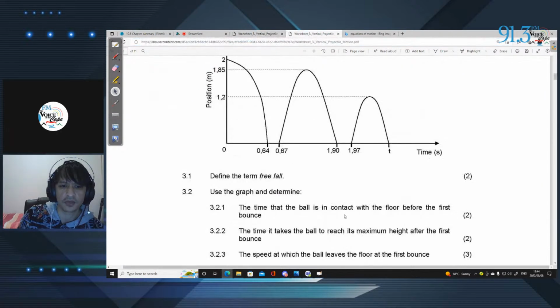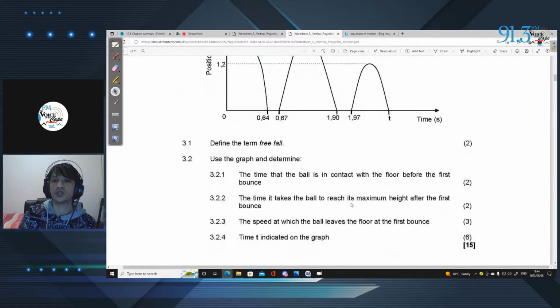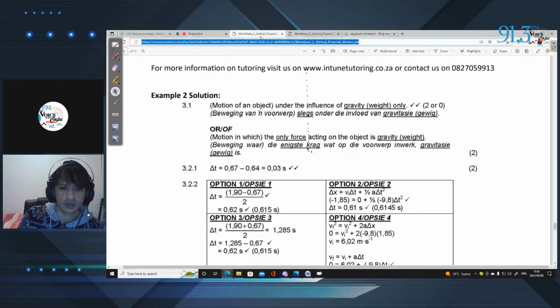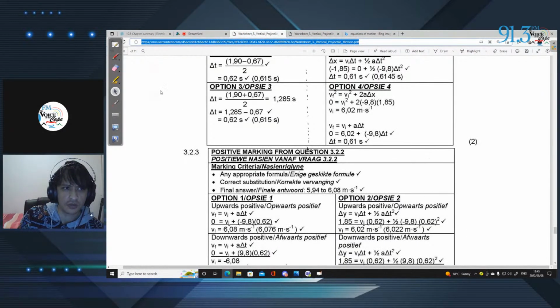Now, the time it takes the ball to reach its maximum height after the first bounce. Well, that's pretty simple. We just need to see what this peak is over here. It needs to match up with whatever this time is over here. And let's take a look at what they said. So if we look here,